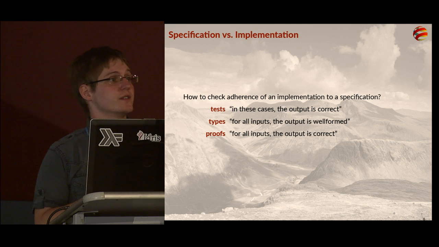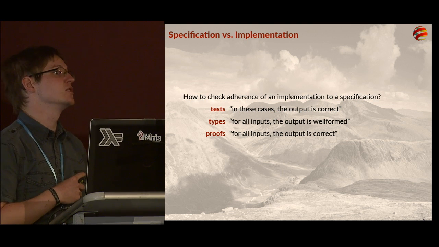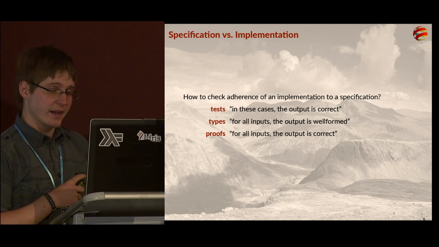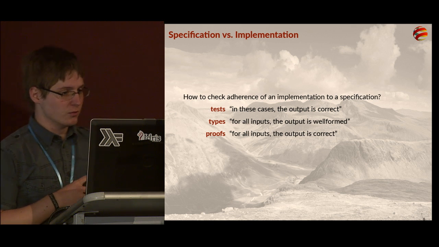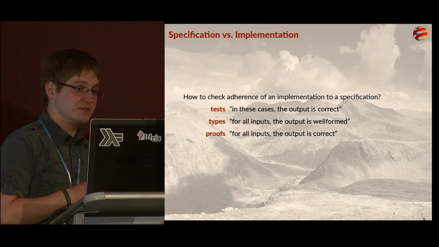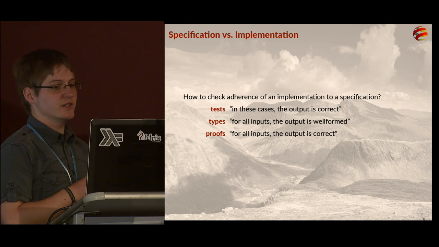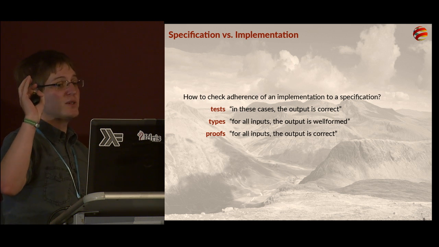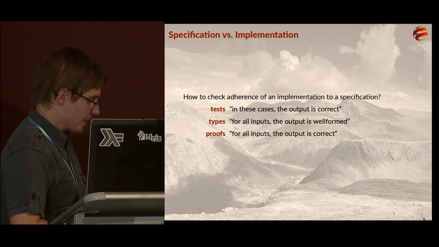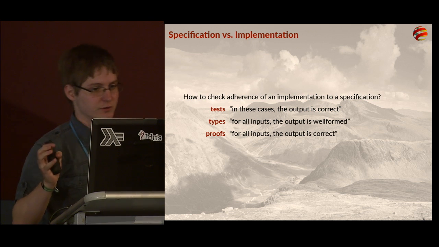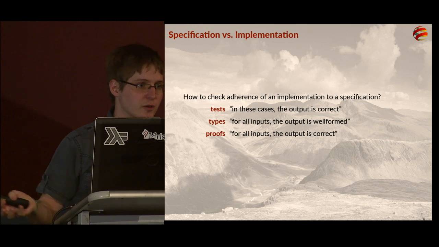and how to check that the implementation actually obeys the specification. And we have three main tools for that. So the first tool, the most primitive one of those, is tests. And what tests say is essentially, in these cases I have specified the output is correct. So we give some examples, and then we hardcode essentially the result, and we check if our function computes the